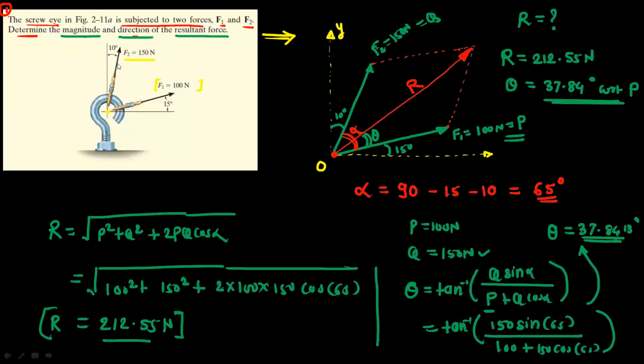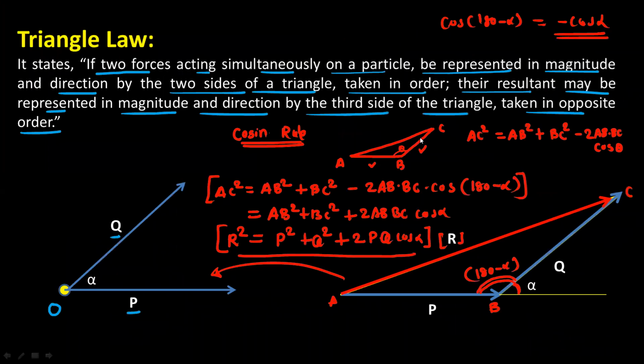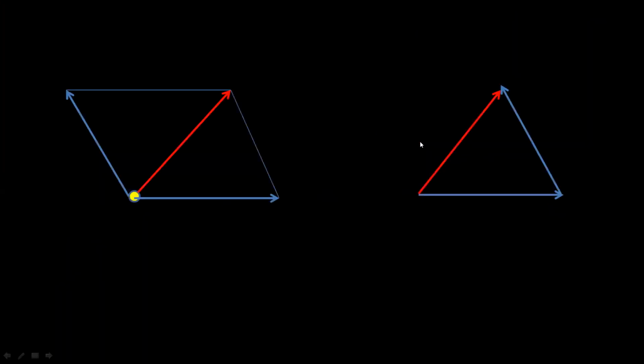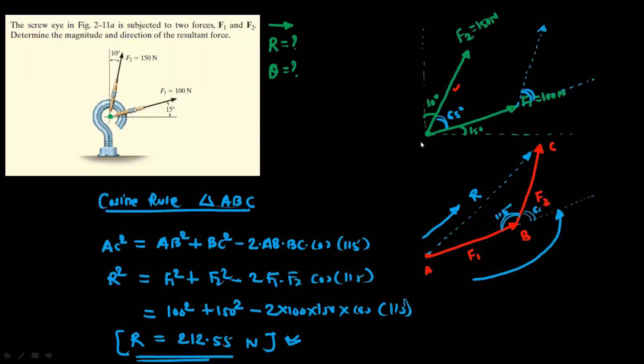So you can see we have solved the problem by using law of parallelogram. So we get the same answer, 212.55 Newton. So you use either law of parallelogram or law of triangle, and we will get the same answer. Okay, so I hope you have understood how to use the triangle law and how to use the law